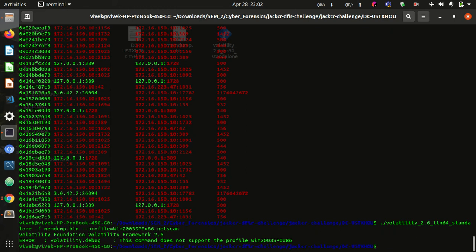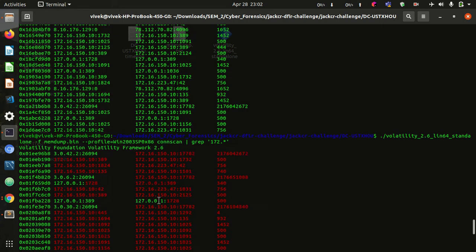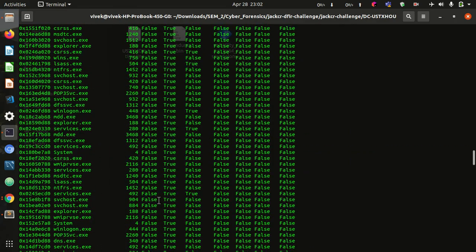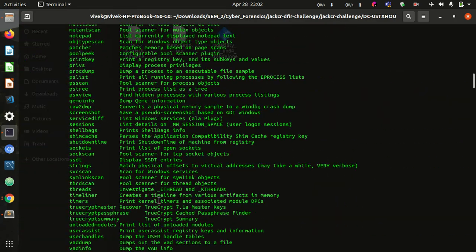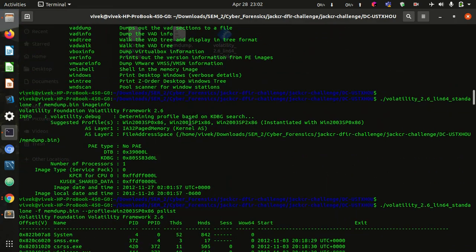This command has given an error that it does not support this profile. In the starting, when we started, we actually had 3 suggested profiles for this image. So we had used the first one. There may be some commands which are not supported by a particular profile, so for that we can use different profiles, like the second one and third one.